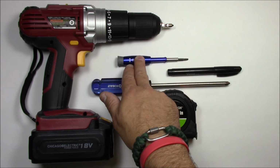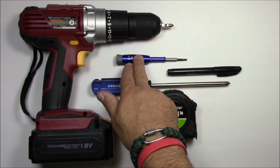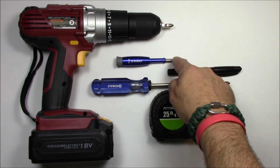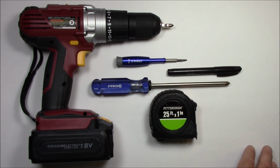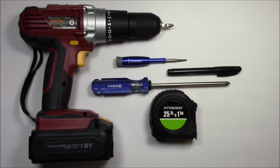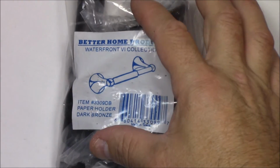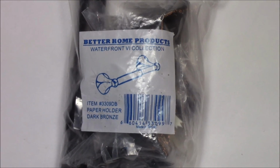I got a standard or flathead precision screwdriver. This is a 1/8 inch head on it. You require that to put the locks down on the hardware. I got a measuring tape just to make sure I got the holes in the right place when I'm putting them in the wall. Here we have the Better Home Products Waterfront 6 collection paper holder, or toilet roll holder,